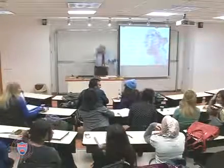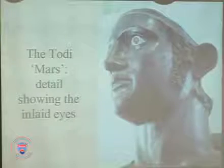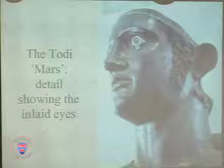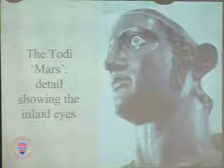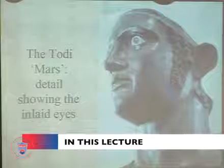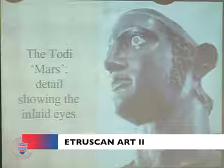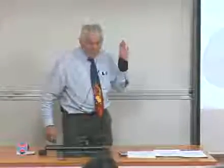Right. So the Todi Mars, is it Mars? Well, very stylized. I don't know. What date it is, I don't know. As you may have realised by now, I'm very sceptical about art interpretation and dating by what things look like, and especially after the Capitoline wolf was shown to be medieval in date, it really makes you question this sort of analysis. However, of possibly the same date